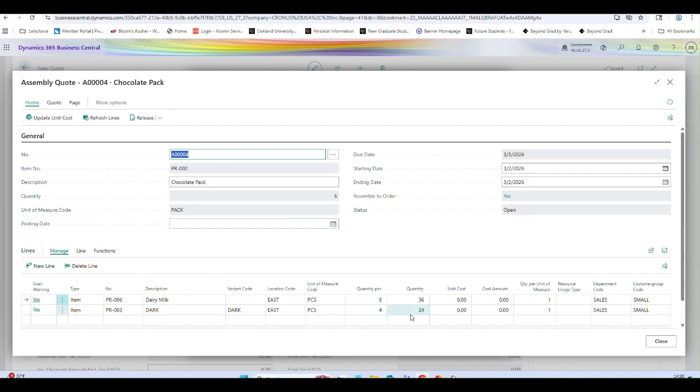If there is a substitute, or if we want to change the unit cost and cost amount, whatever the details, or the quantity, we can change that.